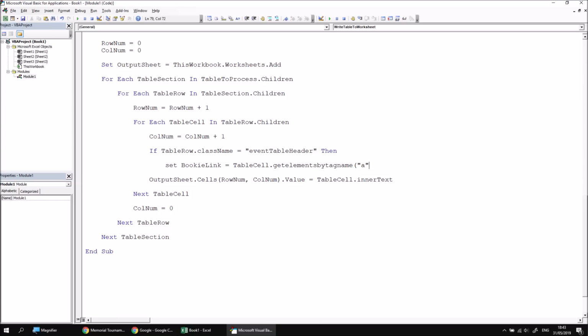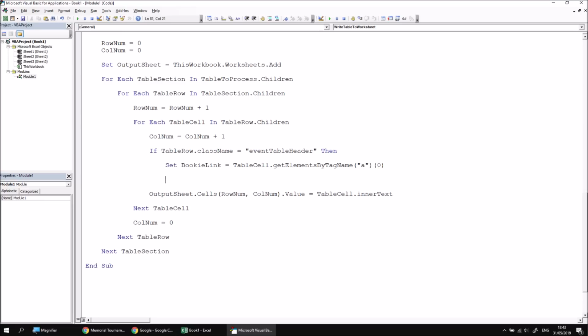And then in some round brackets and double quotes, make sure you spell this one correctly. The tag name is A, that's A, by the way. And then you can open up some round brackets and enter a value of 0 to return the first A tag within that table cell. There should only be one, so we can guarantee that we can refer to that with the index number 0. Now, it may be the case that not every single cell in that event table header row has an A tag associated with it. So what we should then do is check if not